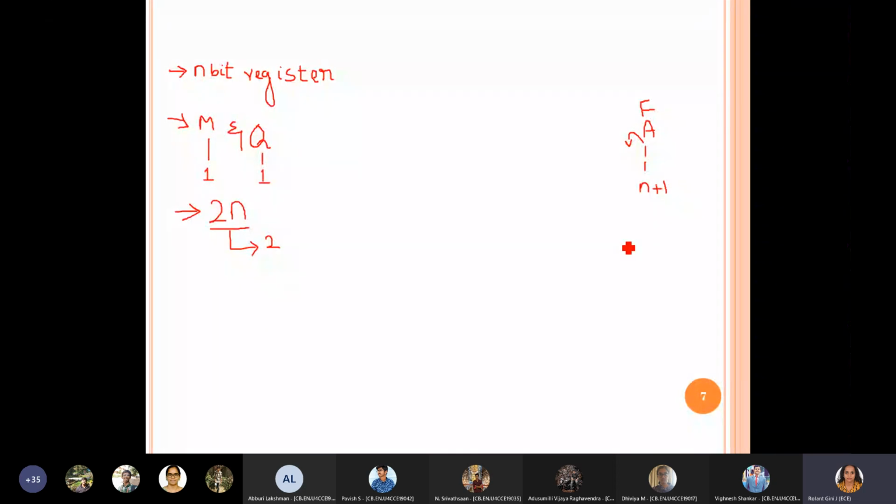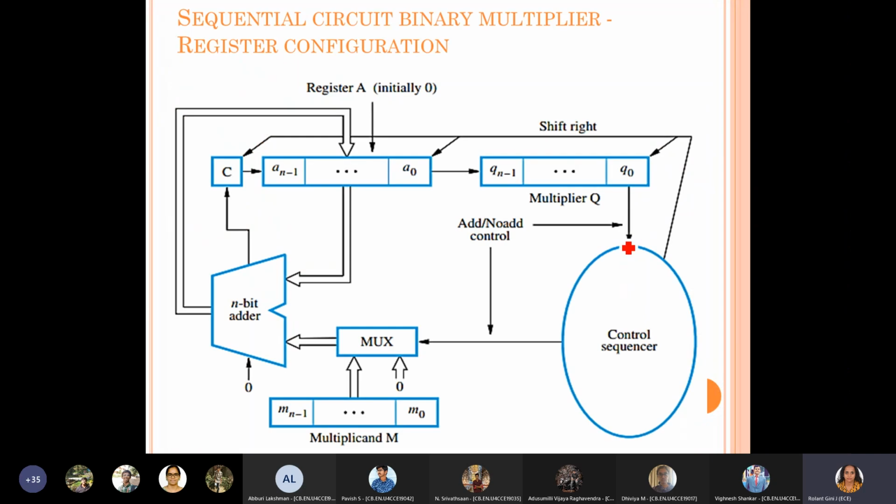Okay. Now we go to the design. You can see here we have 3 registers here. One is register A, another is register Q, and another is register M. Okay. And in M and Q is where you are going to feed the inputs. Okay.